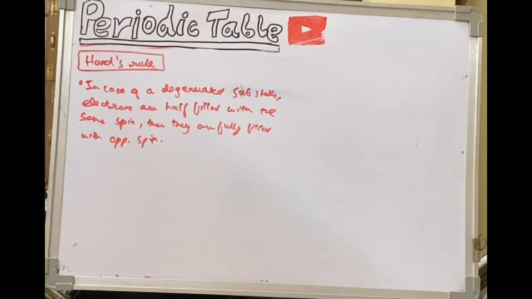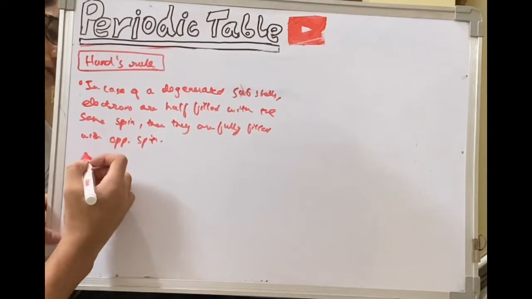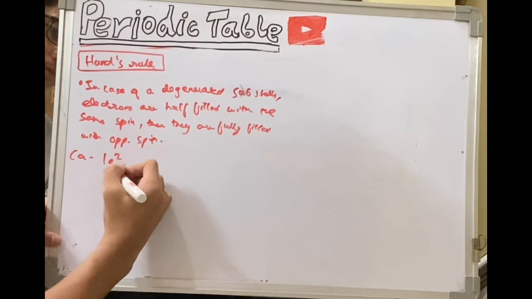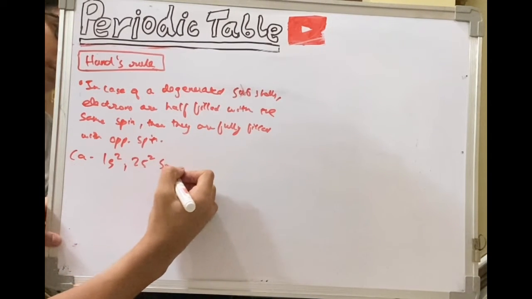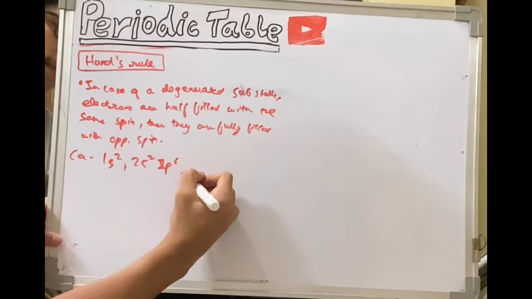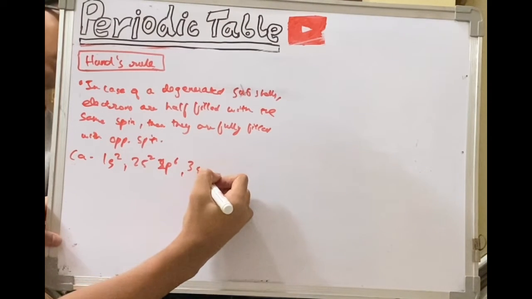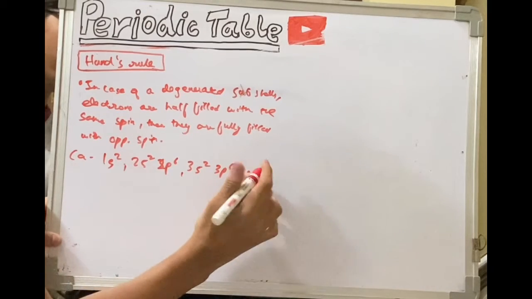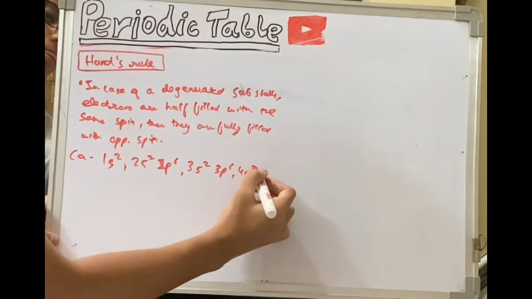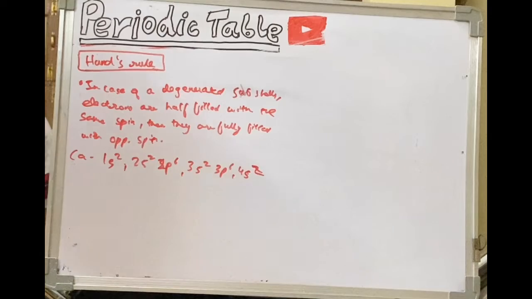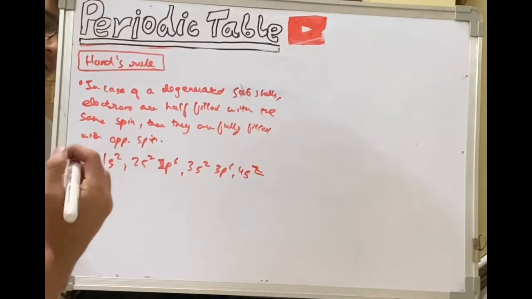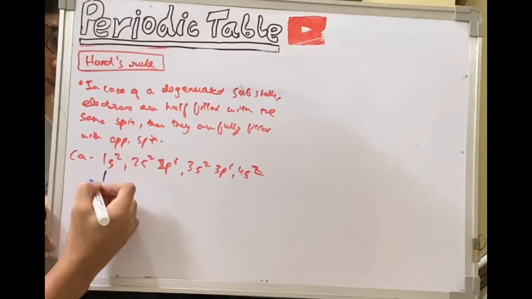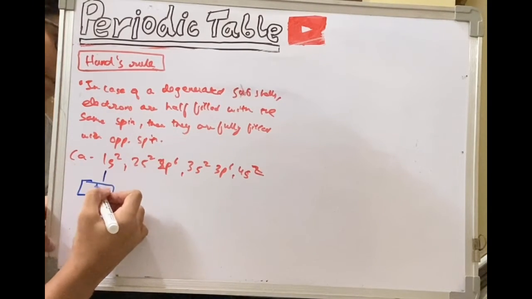So basically what we are doing in the electronic configuration, for example, we'll take Ca again. So it was 1s2, 2s2, 2p6, 3s2, 3p6, 4s2. So basically what we are doing is filling the electrons in the shells, right? So these come in only one type, so it will be just one box having 2 electrons.